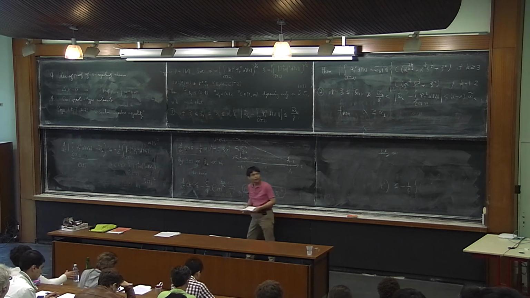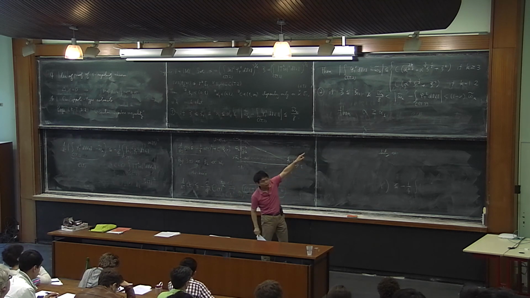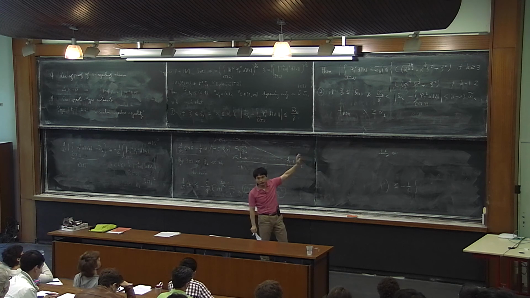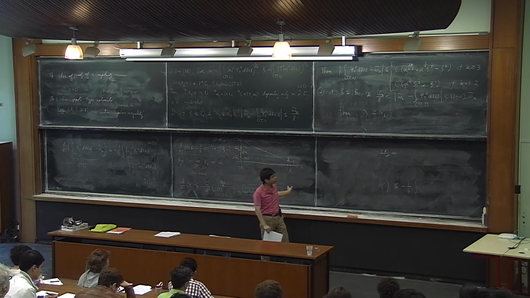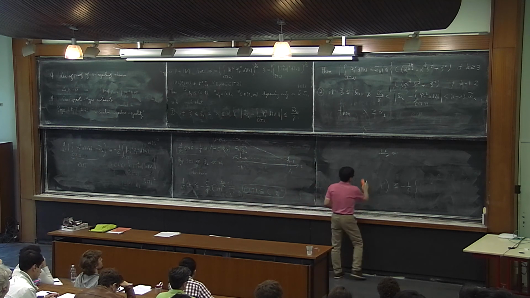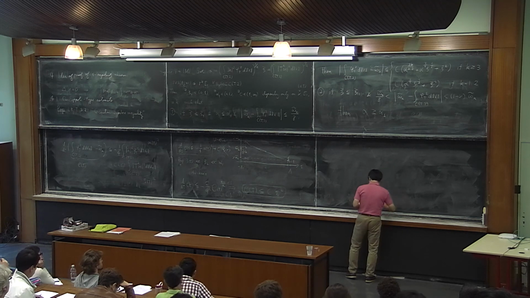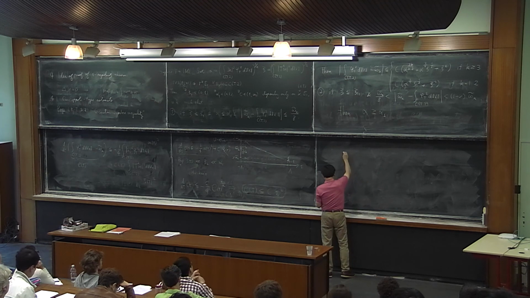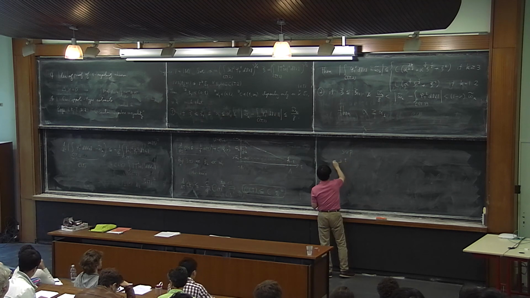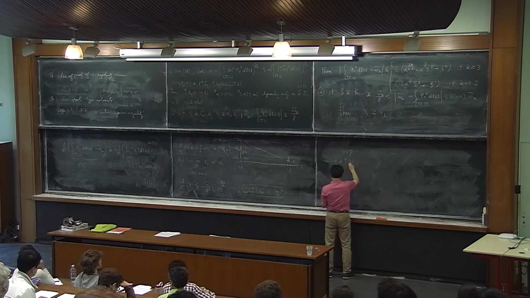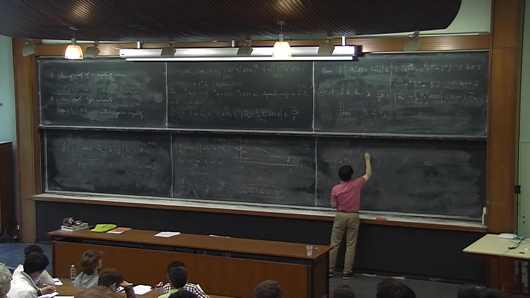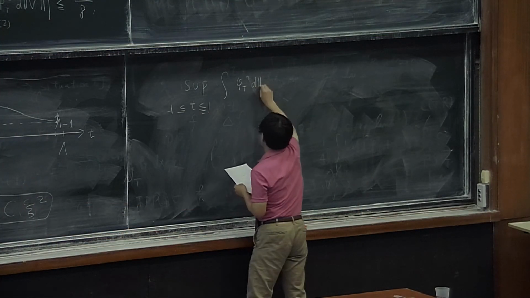And that the exponent 2k over k minus 2 is bigger than 2 is of essential importance to carry this out. So this kind of argument gives you, at the end, the sup of t between minus 1 to 1 of the phi t squared dvt